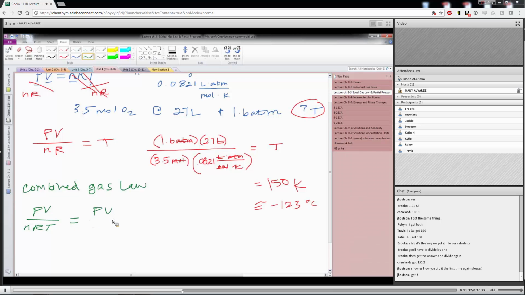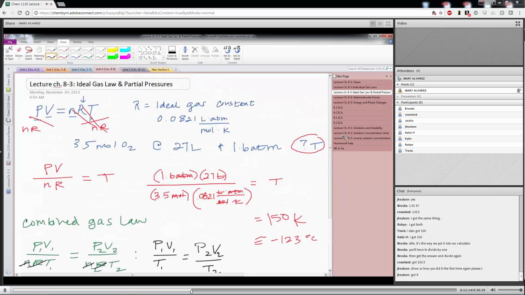So that's going to be PV over nRT, initial conditions, final conditions. And you guys should recognize that if I'm talking about the same exact sample, my number of moles is the same, so that'll cancel. And R is a constant, so that'll cancel. So the combined gas law is going to tell me that the initial pressure times the initial volume over the initial temperature equals the final pressure times the final volume over the final temperature. And essentially using this method, you can take the ideal gas law, which I'll give you on a test for sure,